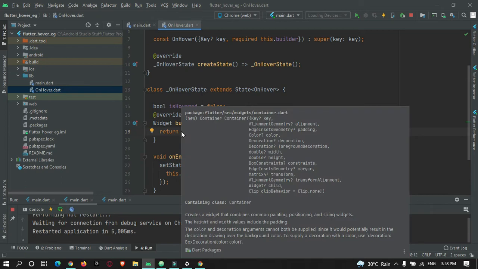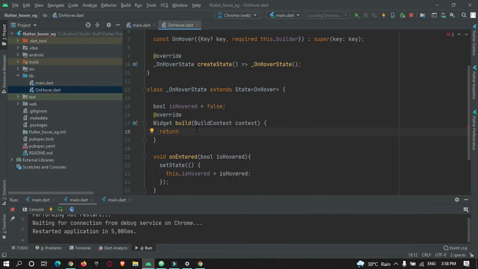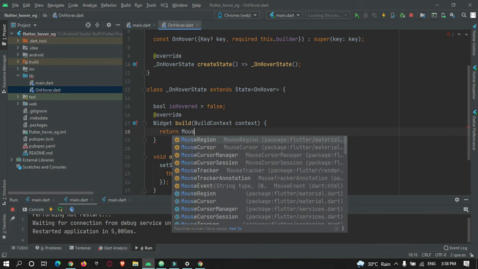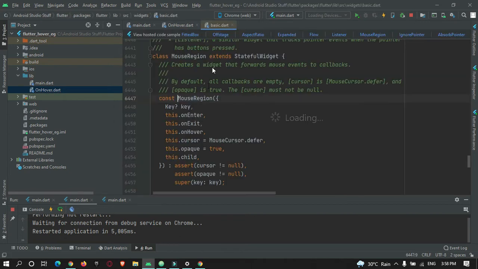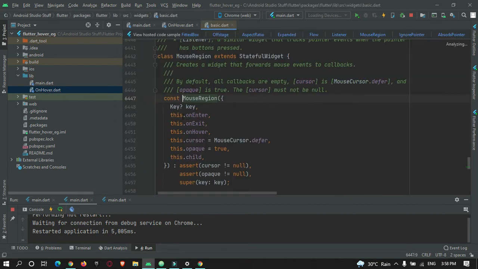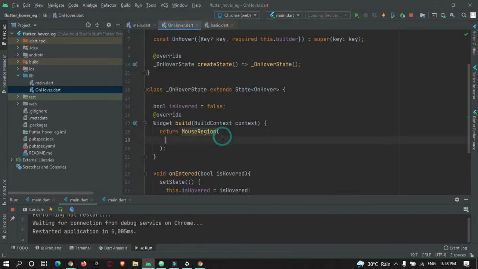So here in the container, I will just remove it, and in place of it I will make use of MouseRegion. If you see in the MouseRegion, there are various properties that we can use. In this tutorial we are making use of onEntry and onExit.